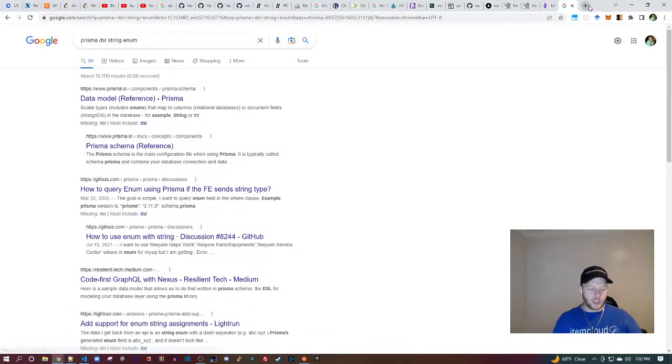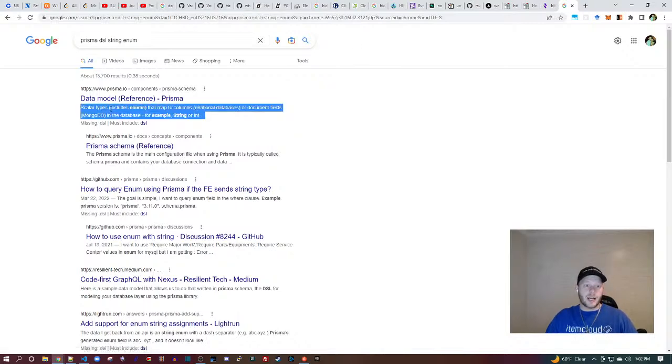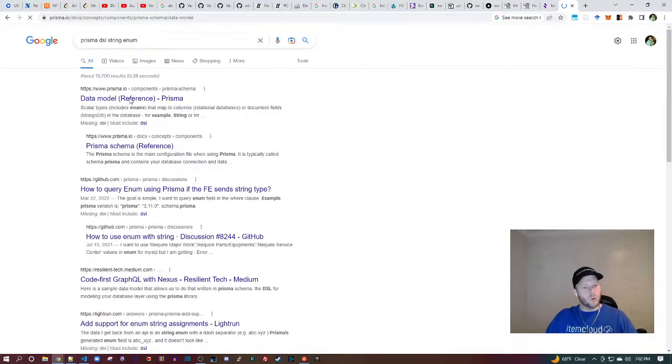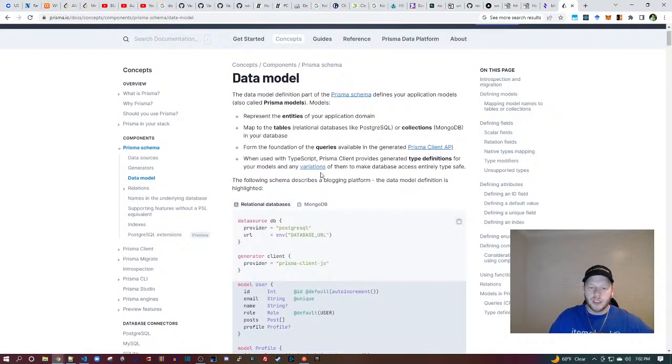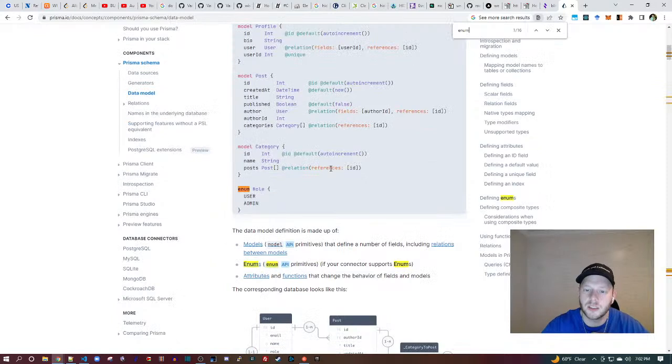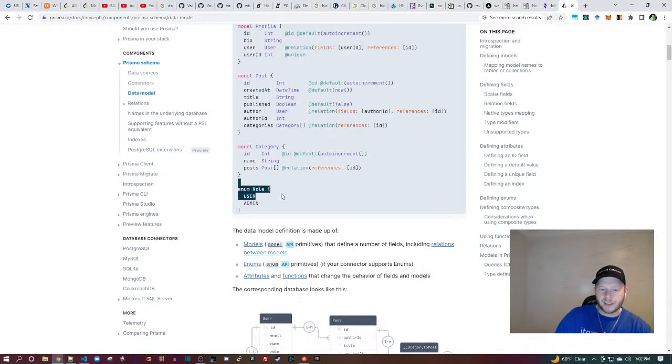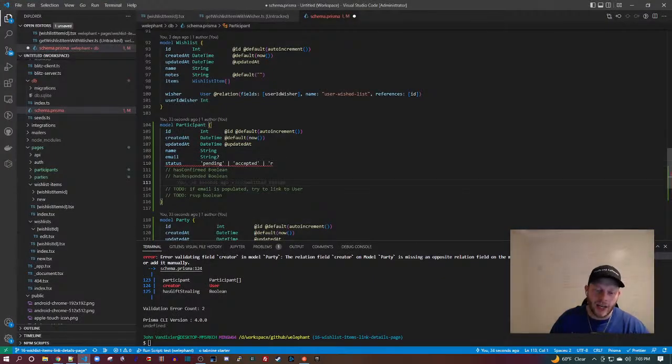That would be great if I could do a string enum, but I really don't know if I can. Scalar types, including enums. Ooh, so they're going to implement it as a scalar. Do we have an enum? Let's try it. If we can get this to work, that's going to be awesome.